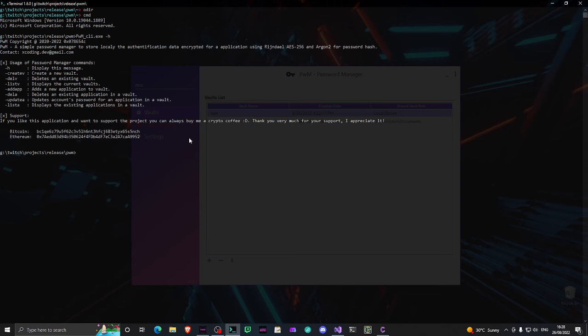Alright, so for example, we want to list the vaults. We make a list V. This is the current vault that is stored. Let's say we want to see the applications. It's list A for applications. Enter vault name, password,